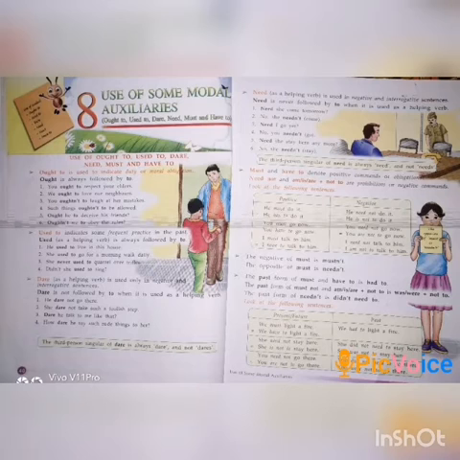Must and have to denote positive commands or obligations. Need not and is or are plus not to are prohibitions or negative commands. And here they have given two boxes, that is positive and negative. One is positive and the other is negative. He must do it. He has to do it. But in the negative sentence, he need not do it. He is not to do it.